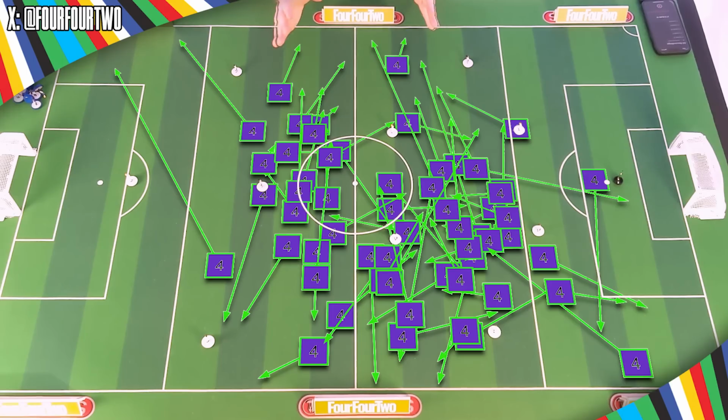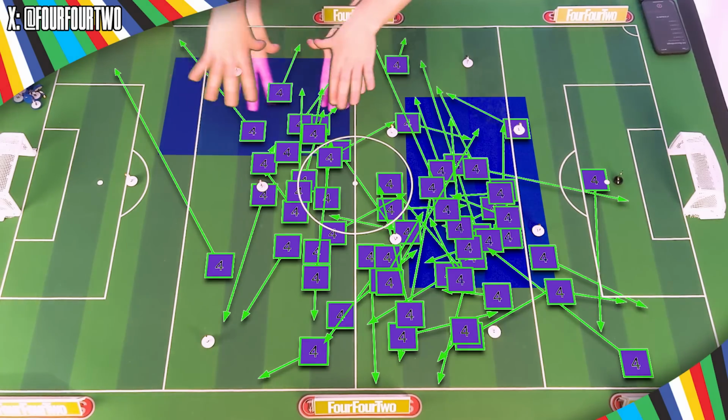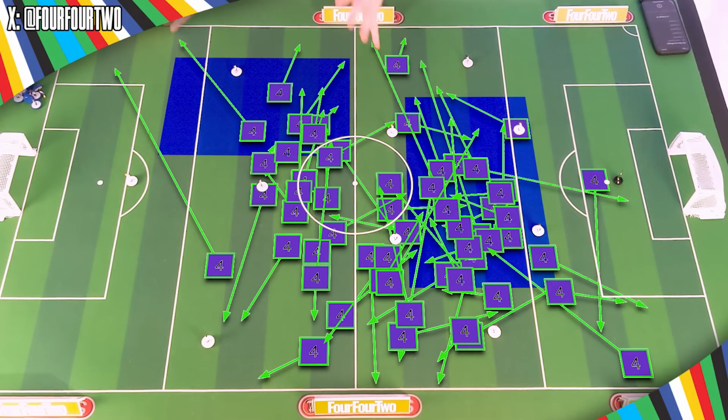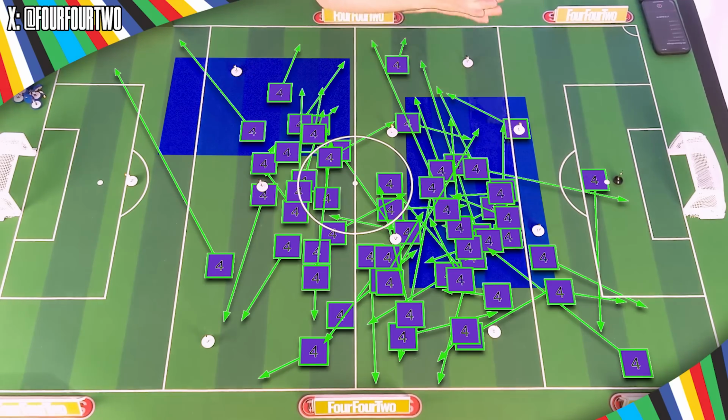When you play Rice and Alexander-Arnold in central midfield, it is the responsibility of one of them to be taking the ball off the back four, to be making that first pass out of defence. Now, Alexander-Arnold, he wants to be here. He wants to be doing damage in the final third of the pitch. He's got killer balls in his locker, so that's how you use him. So naturally, it's then Rice who has to do the classic number 6 work.